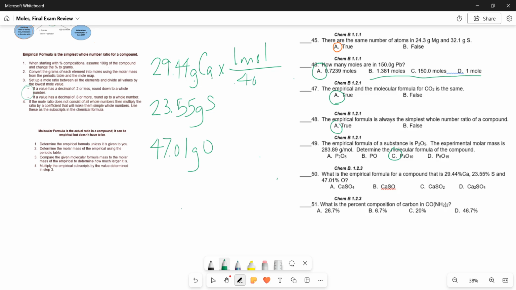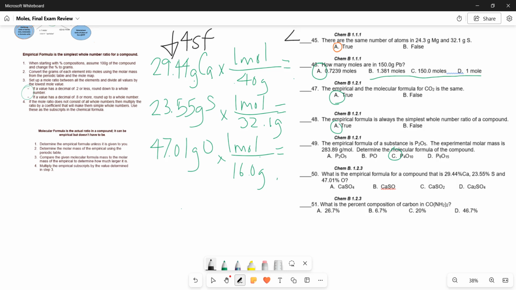1 mole is 40 grams. Sulfur for every 1 mole on the periodic table is going to be 32.1 gram, and oxygen for every 1 mole on the periodic table, it is 16.0 grams. Now, I'm going to tell you again, with these type of problems, percent comps, it is really important that you keep your sig figs. So we're starting with 4 sig figs. So when I do these calculations, I want to have 4 sig figs over here. And if you don't do that when you're doing these kind of problems, you often come out with numbers that are not whole or close enough to whole to